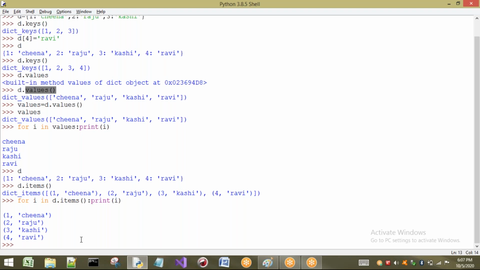Okay, now I will show you one function, not a method, a function, that is enumerate. I want to show you the enumerate function. It is going to return you the index of a particular element or item in a dictionary, or in a list, or in a tuple, or in a set. So if I want to get the indexes and a particular value, I can go for enumerate. If you want to get the index and the value of any iterable object, then I have to go for a function called enumerate.